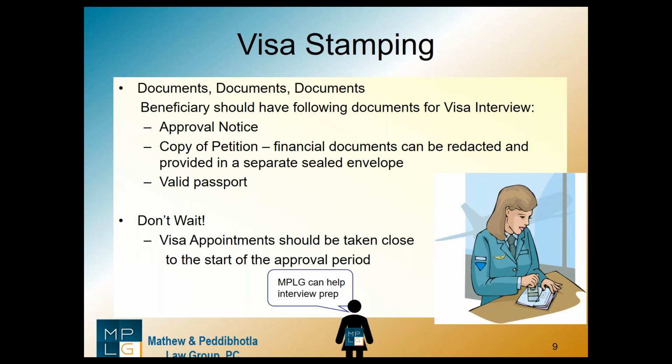Now, because the corporate documents that we submit with these petitions do have sensitive financial information, we strongly advise that you redact your income information on page 5 of the I-129 and seal your financial documents before handing the petition to the employee. The beneficiary should also have a valid passport with at least 6 months of validity. And then finally, we are seeing across the board that sometimes there's a little bit of a delay